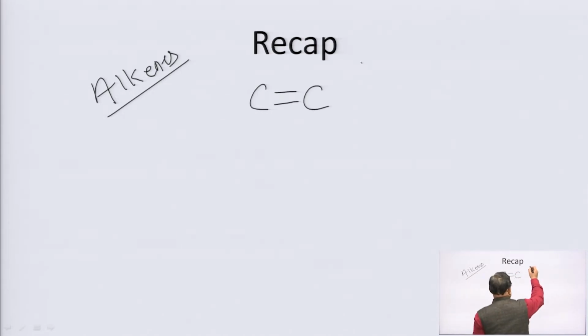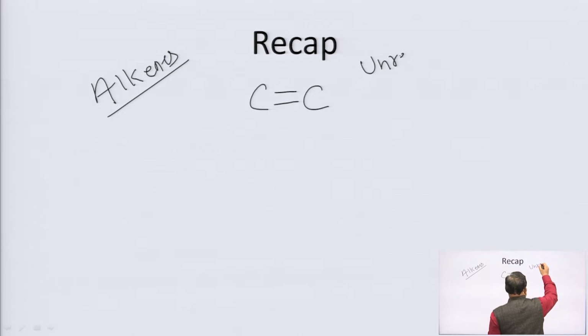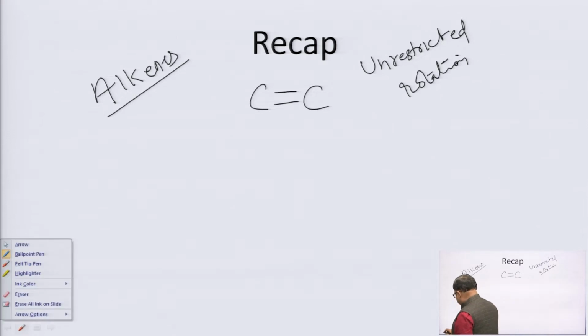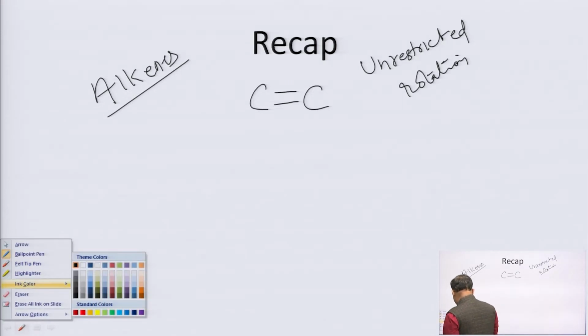The conditions that are supposed to be fulfilled by any geometrical isomer are, first, unrestricted rotation is not possible, and the second condition is